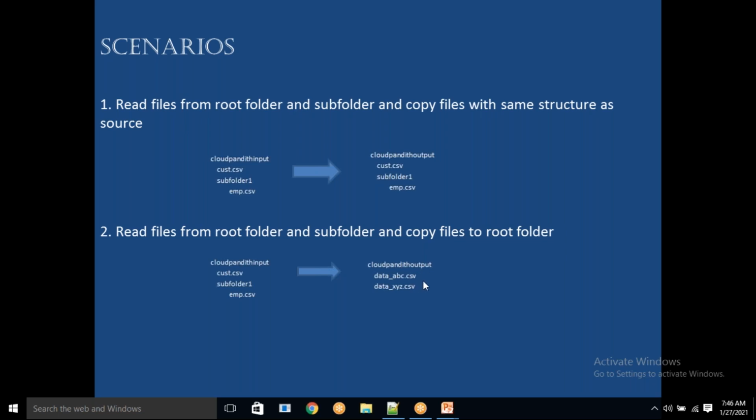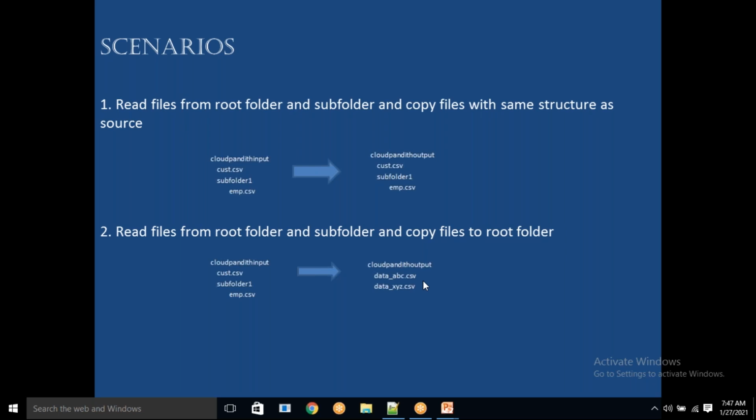The destination folder is the same. A very simple example: if you go to any folder in your system, can you keep two different files with the same name? Let's say cust.csv. Can you keep two files which have the same name in the same folder in your system?